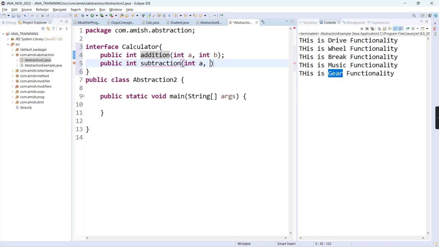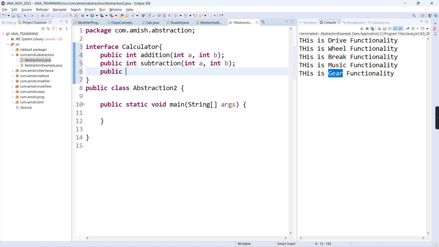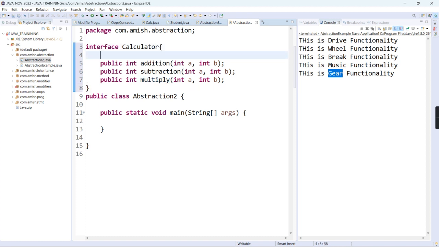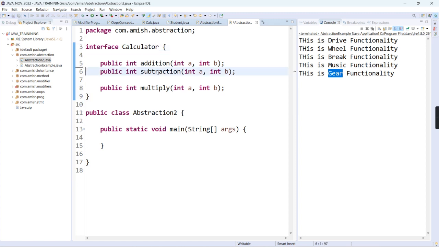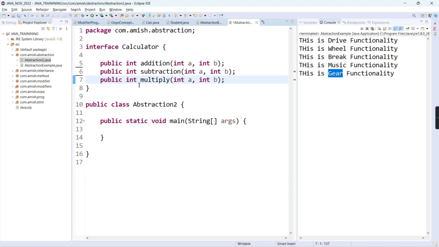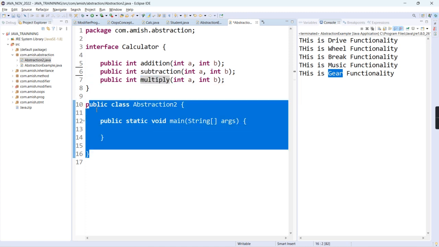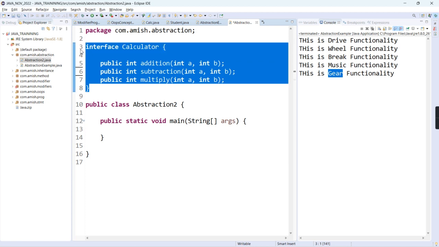If we pass two numbers, it will subtract a with b. Then public int multiply. If we pass two numbers, it will multiply them. So I am adding these three methods in our interface. Now we want to use this addition, subtraction and multiply in this class. As we have declared only methods in our interface,